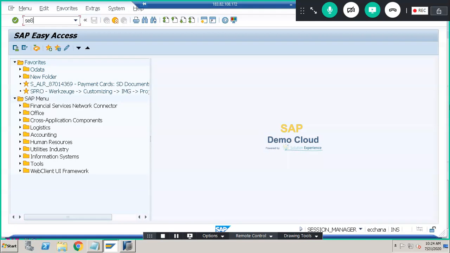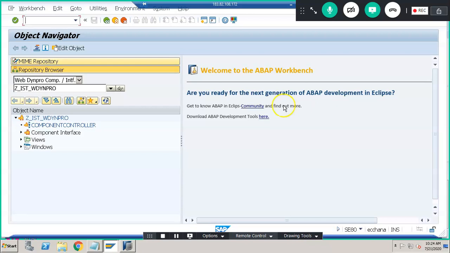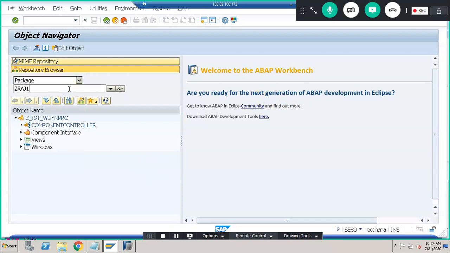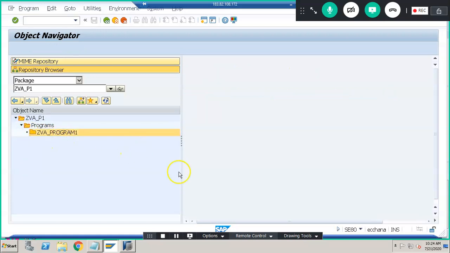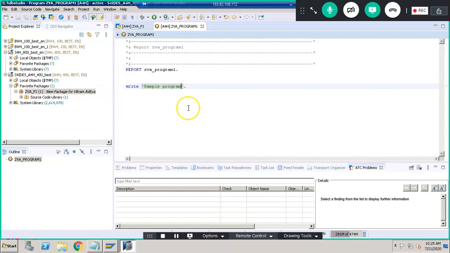So we can go to SE80 and check here the package name ZVA underscore P1, and then we have the programs. We have this programs. Double click on the program, and we have this. Okay, this is done. We are able to see this here, and after this, we'll go ahead with the